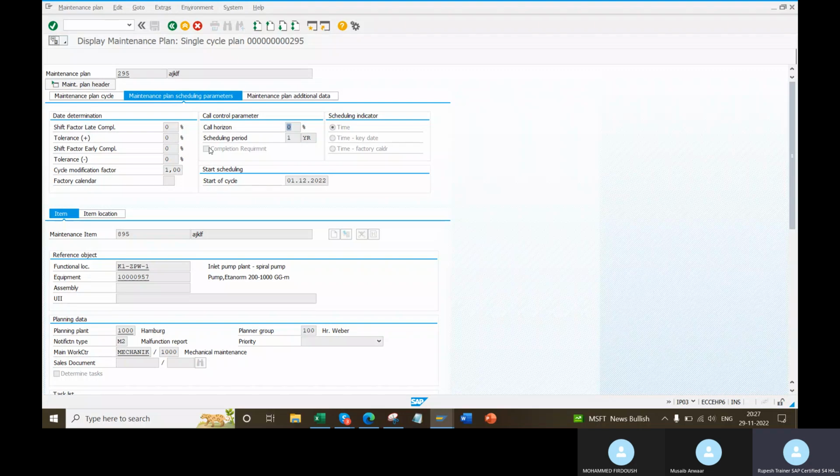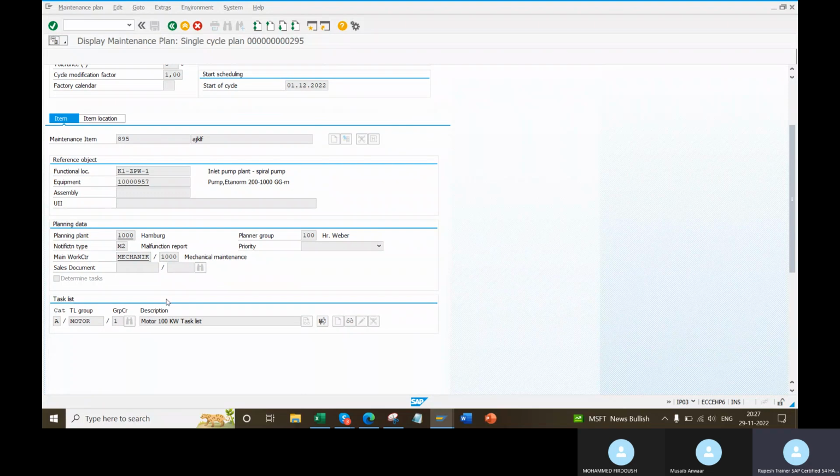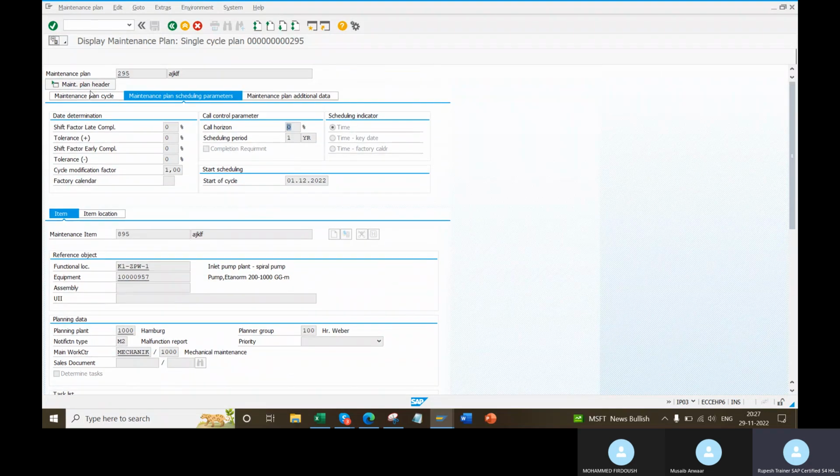So this is done. Startup cycle is done. Completion requirement is done. Scheduling details is done. Right. And then attaching the task list. Okay. Right, with this we'll close for today. Do the practice. If you both are available, tomorrow same 7 o'clock we will join. Before coming tomorrow, read this and come. One second.